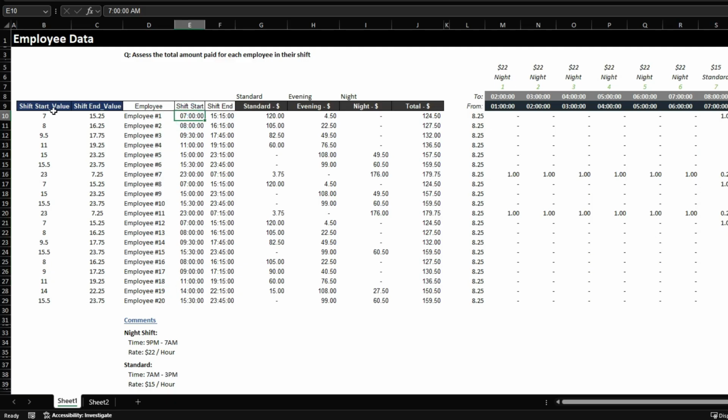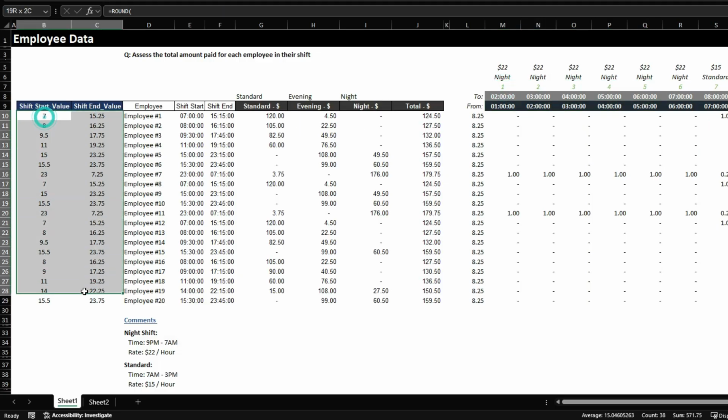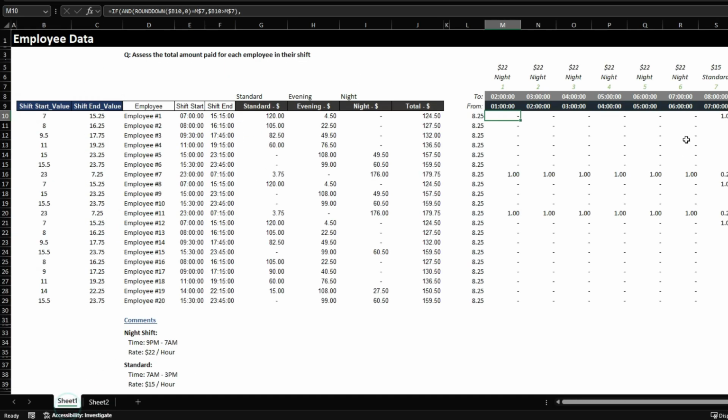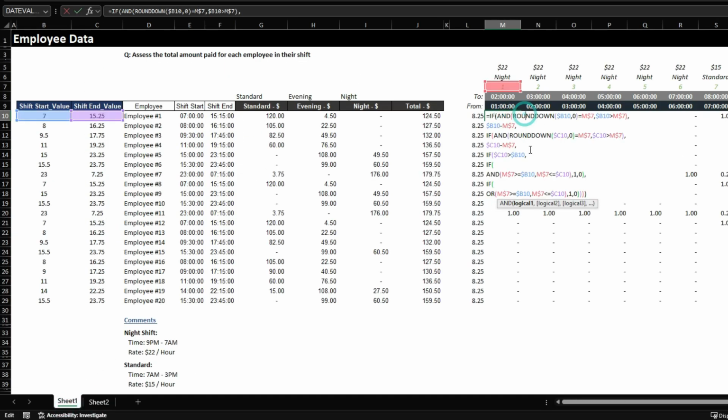So if they started at 7 AM, they would have a start value of 7, and they ended at 3:15 PM, they would have an end value of 15.25. So if you're following, I essentially use these values and the numerical values that I assigned over here to then try to determine which periods were active. By using these numerical values, it just made it easier for me to wrap my head around rather than using this decimal number. So essentially in my formula, it looks a little bit complicated, but essentially what I did